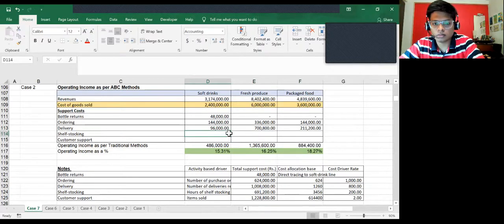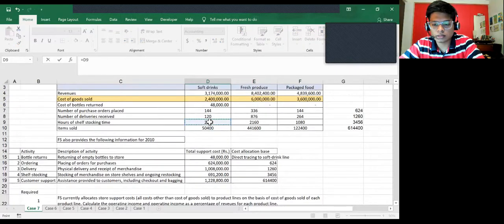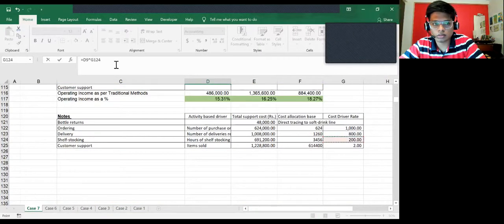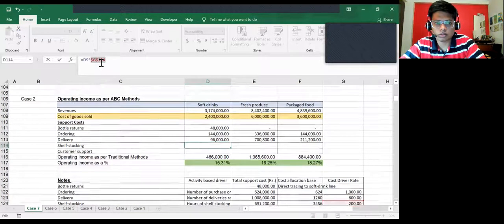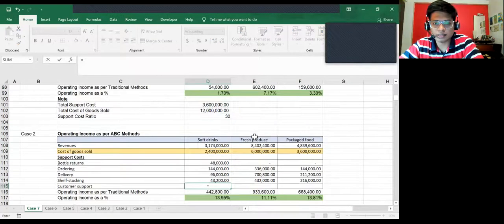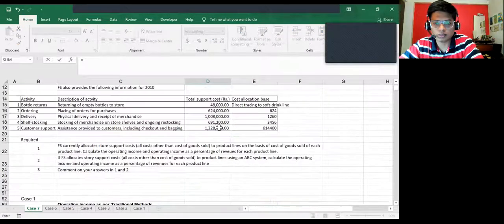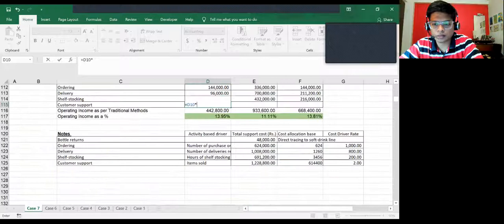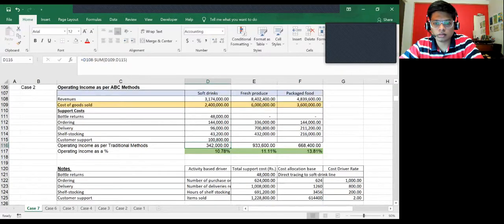Similarly equal to 216 into 200, F4, enter. The reason why I'm showing these Excel things is because some of the people in my section were earlier asking me to explain the Excel things and how we can do this quickly. So that's why I'm doing this. Into 2, make this fixed, enter.